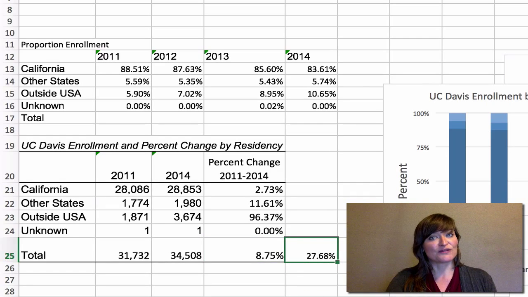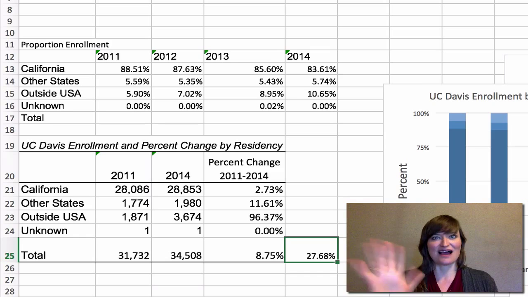So the moral of this bit of the story is, don't average once you've calculated a percentage. You cannot do that. That's not a valid way of managing that data. I'm going to go ahead and delete it because I don't want to confuse myself when I open this spreadsheet later.